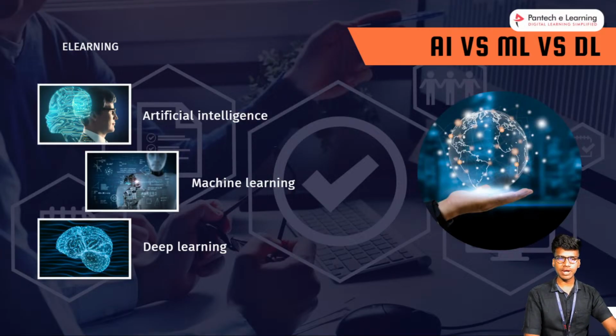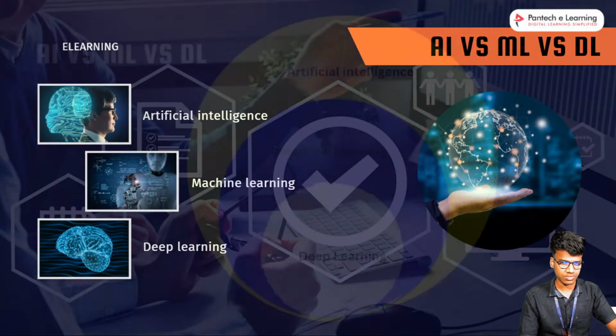So same like that, deep learning decides what the data is exactly, whether the data is fit for our model or not. This kind of decision the deep learning has to take. Then machine learning takes the data into the training process. Once deep learning fixes the data, it has to be passed into machine learning. Machine learning gives a training process. Finally, we can get one particular AI product, that means the model, chatbot, like that.